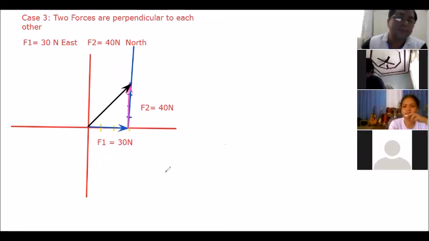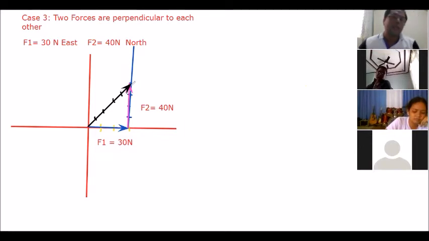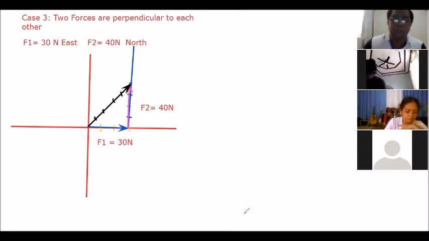Okay, so what's next? 5. So this will be 5 centimeters. So 1, 2, 3, 4, and then 5. So therefore, our FR, guys, now if we try to get our FR value,